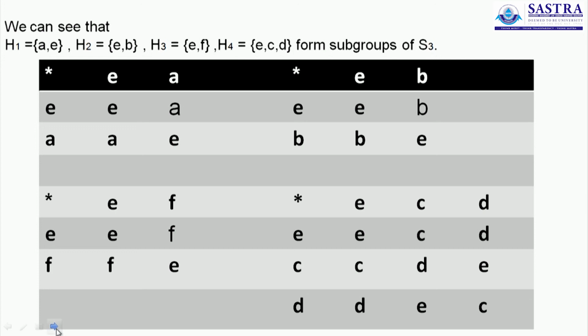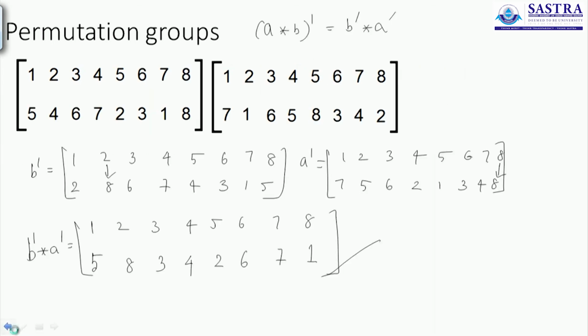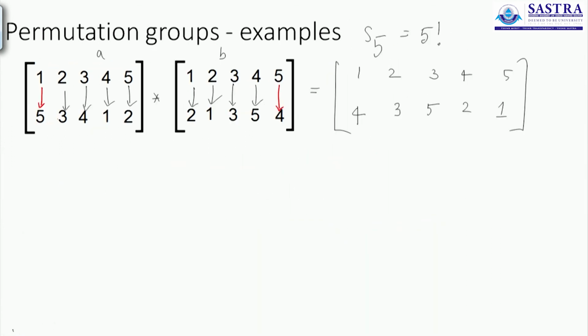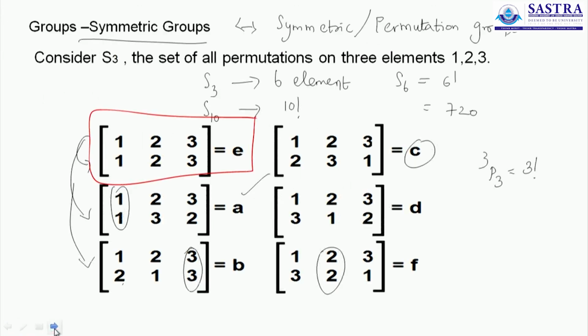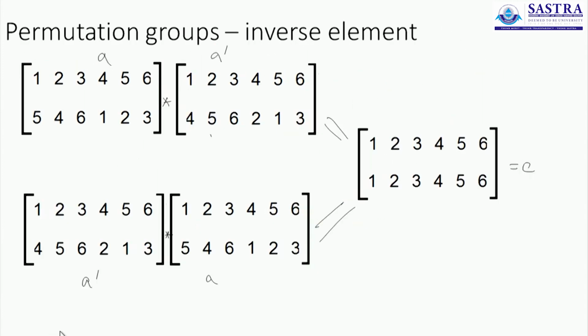One is H1. H1 is, I'll pair up A and E again, only A and E. You can check what A is. A, if you can just proceed further. I already gave you what these 6 elements are. These are A, B, C, D, E and F. So if you can check, you can always find out what the answers are.